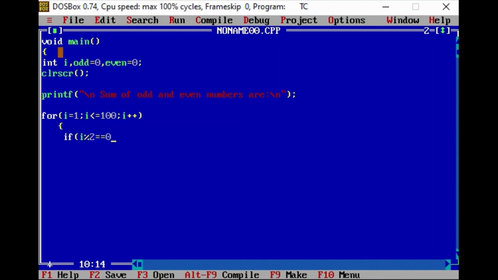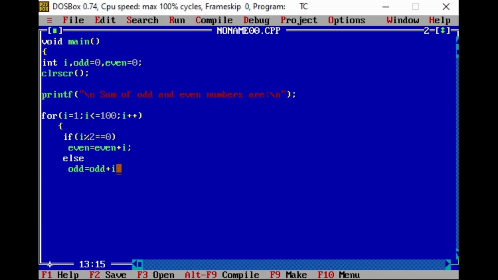What does this statement mean? It means I divided by 2 gives remainder 0. When the I value is 1, 1 divided by 2 does not give remainder 0, so it would not use our formula even is equal to even plus I, but it would use our else statement, which is odd is equal to odd plus I.